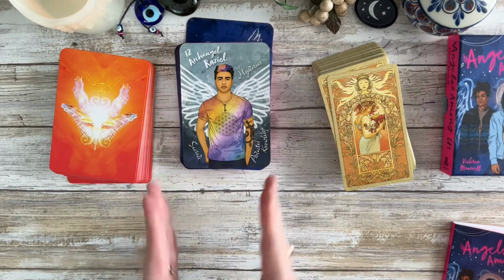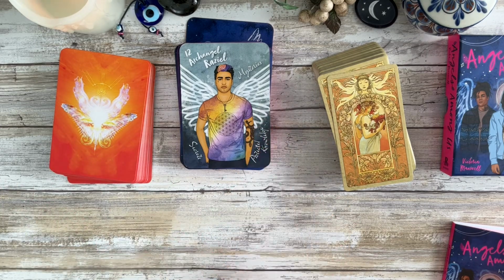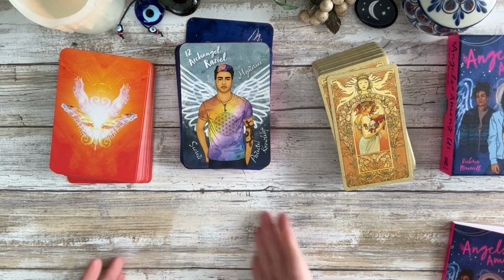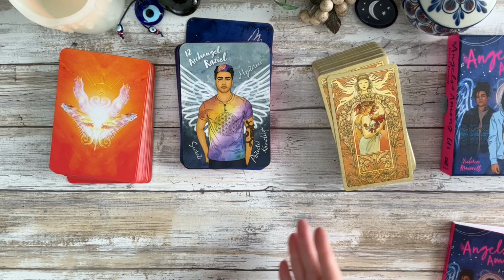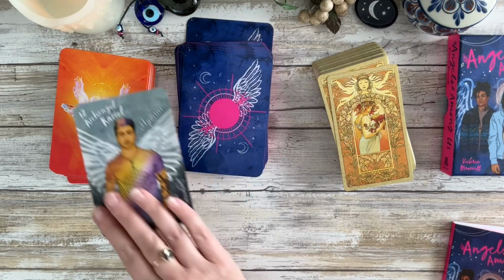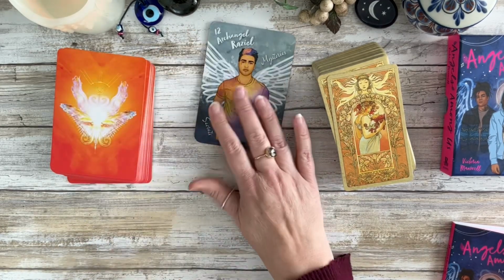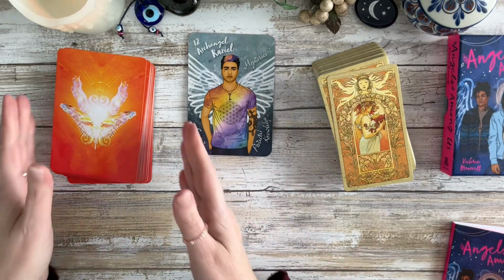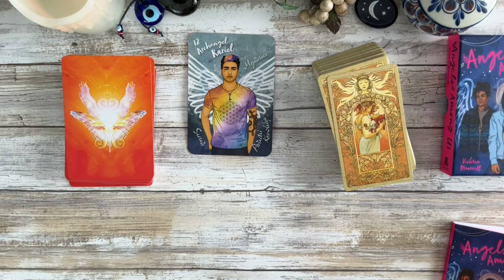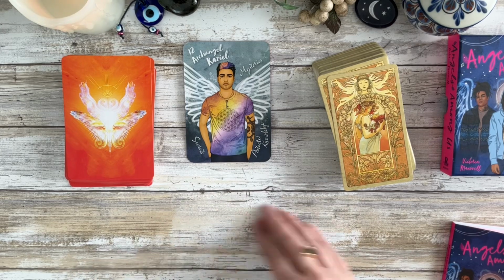This is just where you're connecting to an energy. So, if I had shuffled and got this Archangel Raziel and he's letting me know that I am going to be heading down a new spiritual path soon, because there's changes coming that came up with the Death card, I would then set him aside and I would spend time working with him. You could do it with any of them. I'm just using this as an example since it's the last one I did. But I would set him aside and spend time working with him, especially over the next week or 2 weeks,